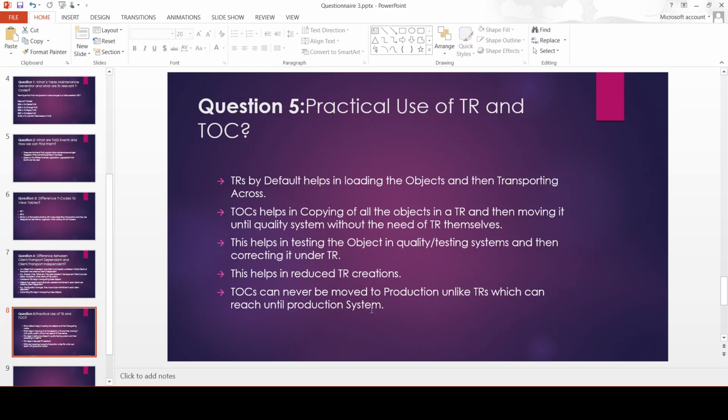In that case, you cannot create multiple TRs and move them to the quality system, test it in quality, and again for the next correction move another TR. Just to avoid redundant TR creation, the TOC concept is used. What does TOC do? When you create a TOC, you can add the tasks that are present inside a TR, so that all the objects that are present in a TR are now copied to a TOC. So TOC helps in copying all the objects in a TR and then moving it only until the quality